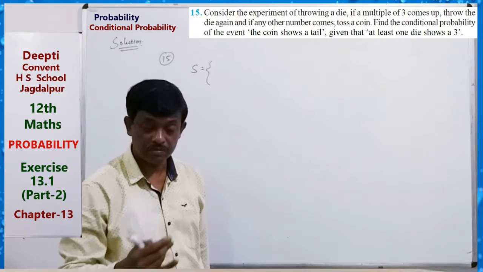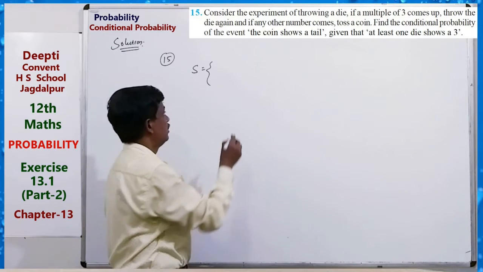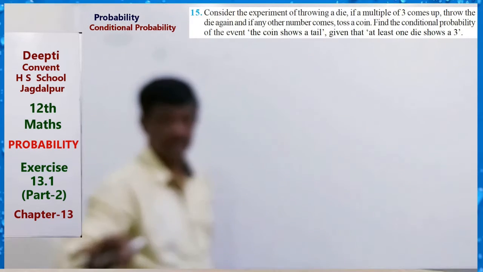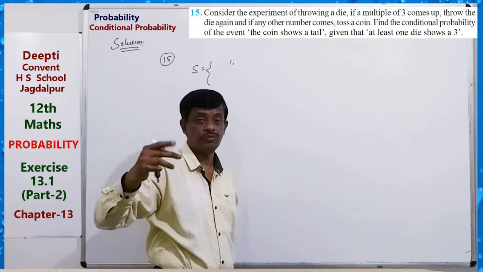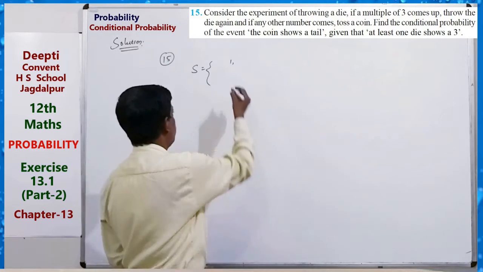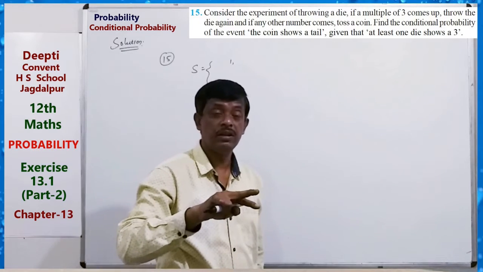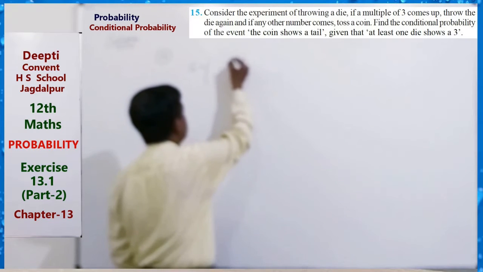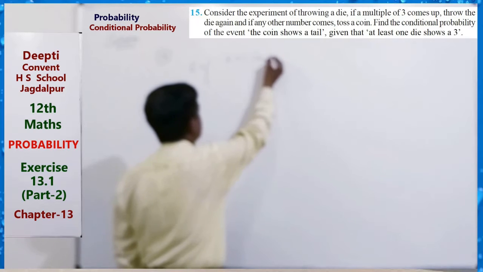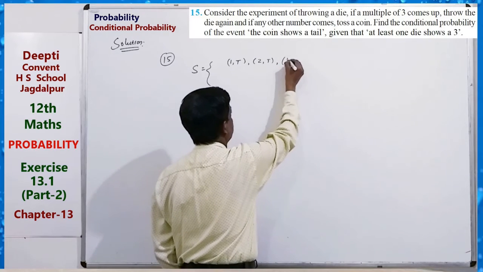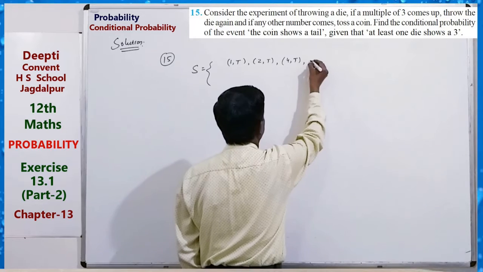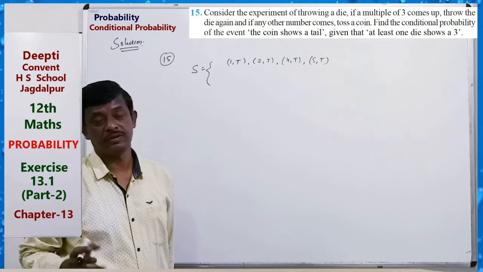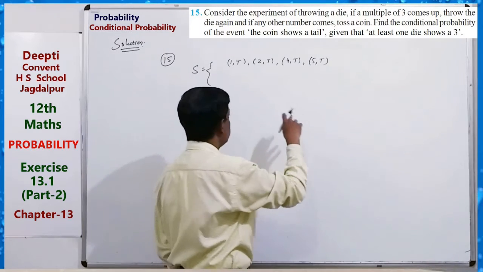Suppose 3 comes up, then what? 1 except 3 and 6. Then 1, 2, 4, 5. So 1 with 1, then the die will be thrown, then the coin will toss. So 1T, 2T, 3 not, 4T, 5T with 1, 2, 4, 5, TT maybe, and also